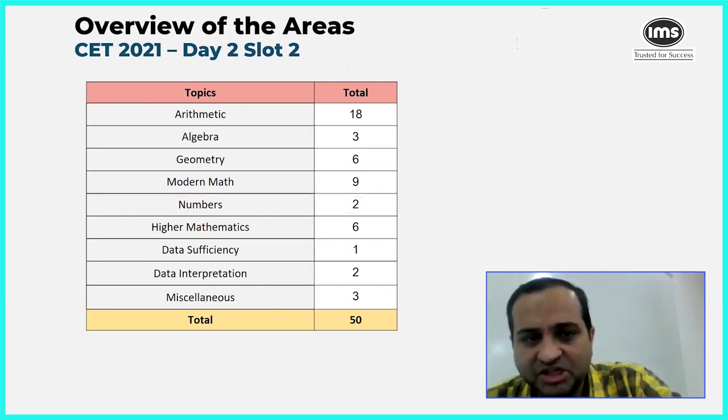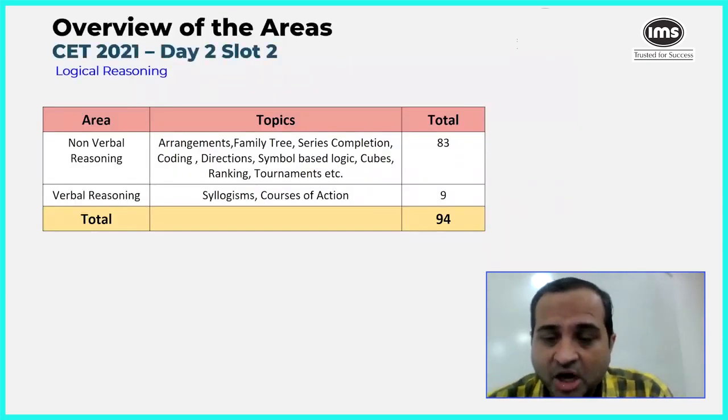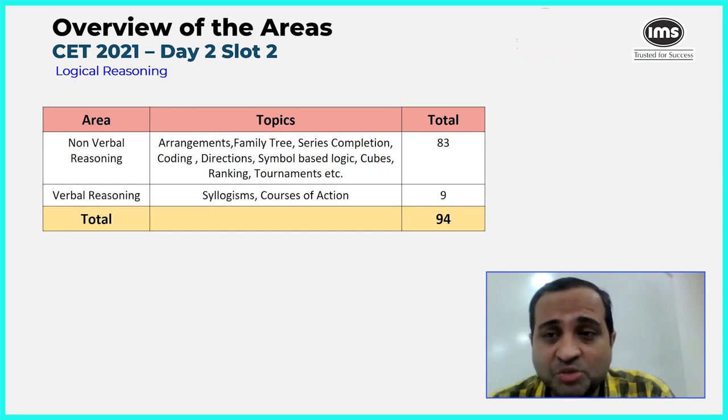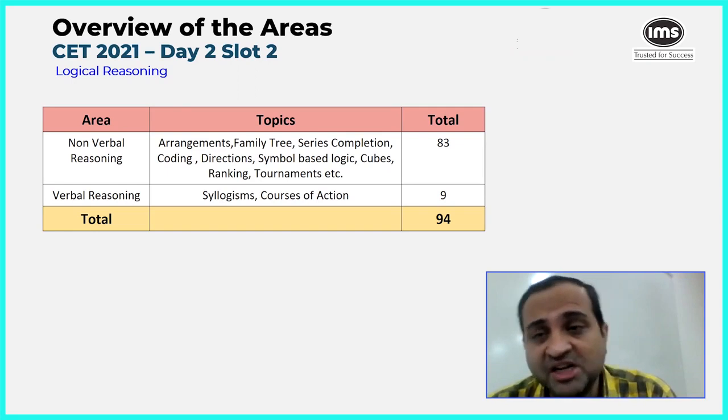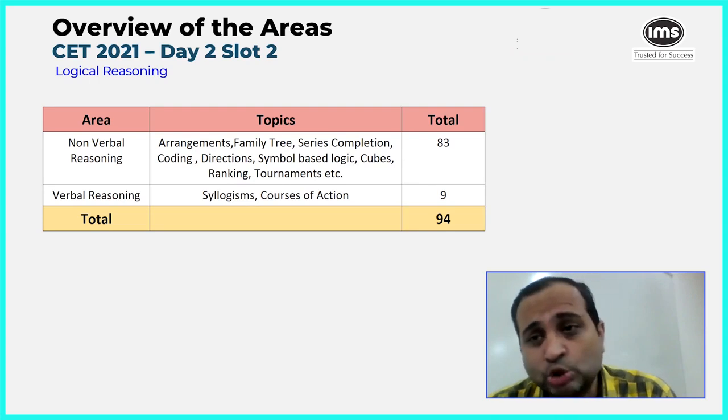Let's go on to the next section, the logical reasoning section. Huge surprise, because it's gone to 83 plus 9, 94 questions. Another huge surprise is standard questions which used to come every year, like sequential input-output tracing. Decision was completely missing. Questions which you get are questions on family tree, which is close to 8 to 9